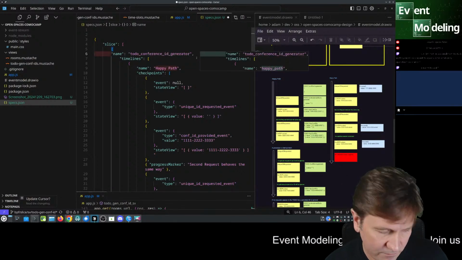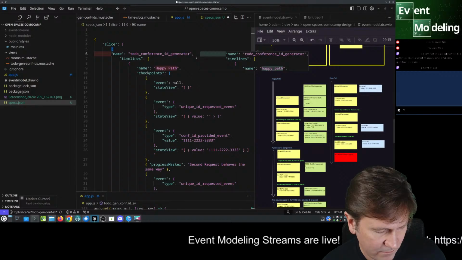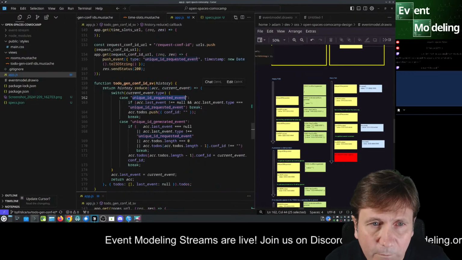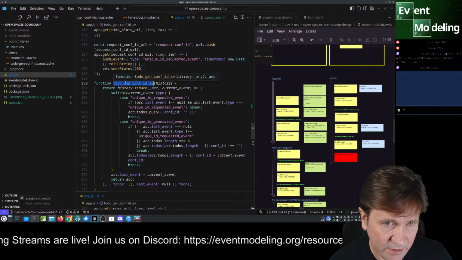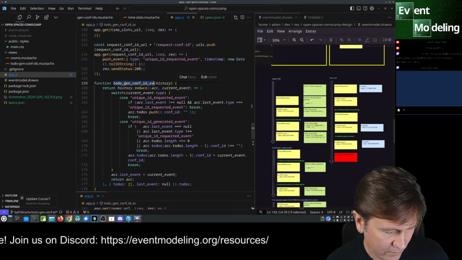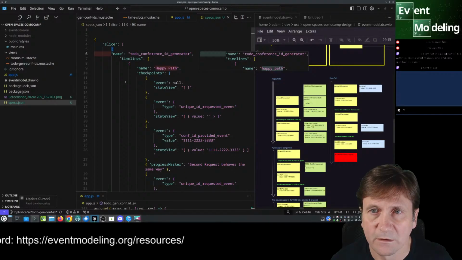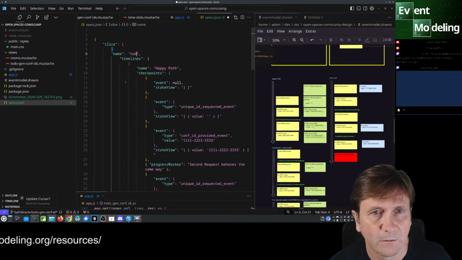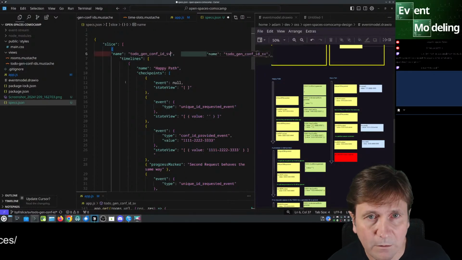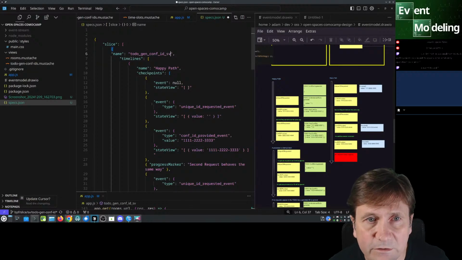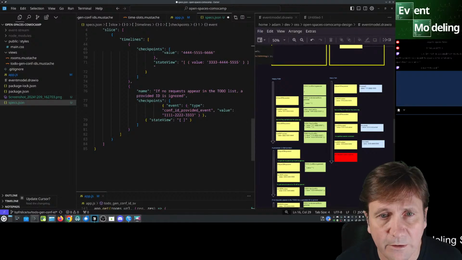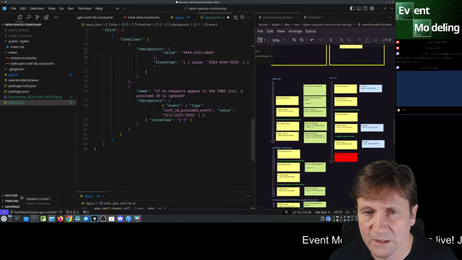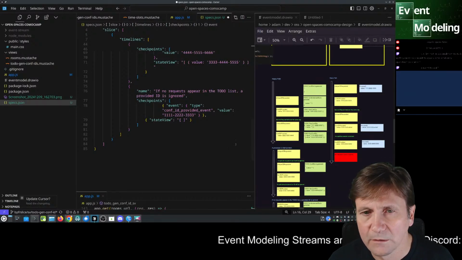Is that what it is? To-do gen conf ID SV. It has to be mapped to this. Sorry that it's a cryptic gross name. I wanted to match exactly what it is in code.